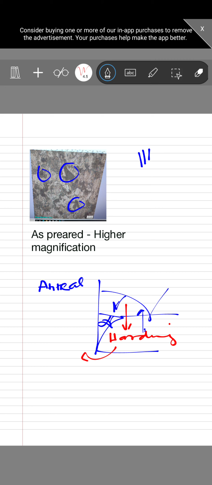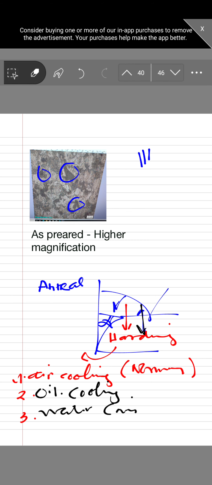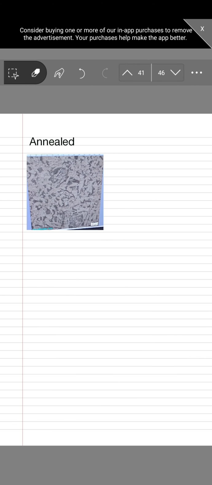Secondly, we use some external effect to cause a higher rate of cooling, and that is when we are using oil. That is called oil cooling. Or we are using water, which is called water cooling. In all these three cases, this austenite phase is again going downwards. This is a macrostructure of an annealed sample. You can see the pearlitic zones have